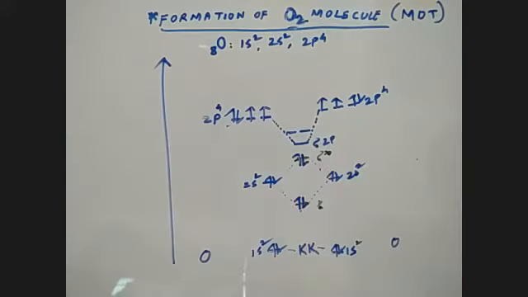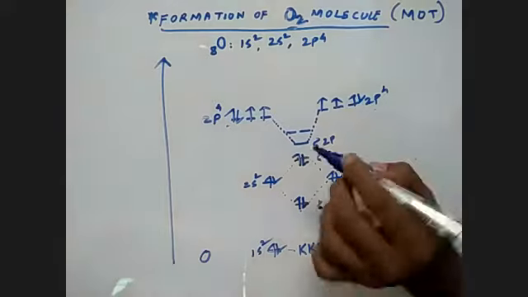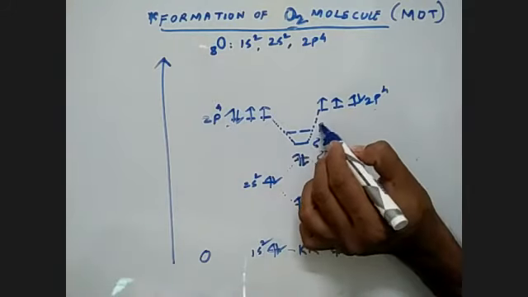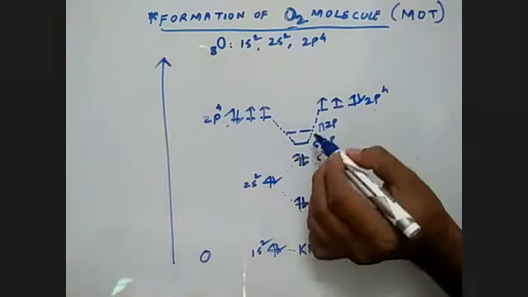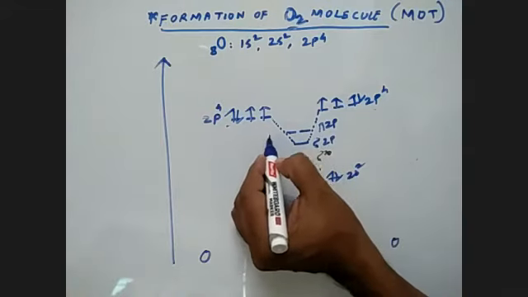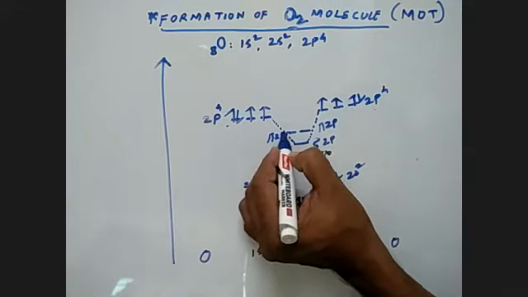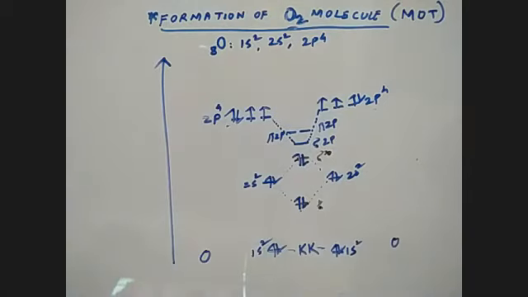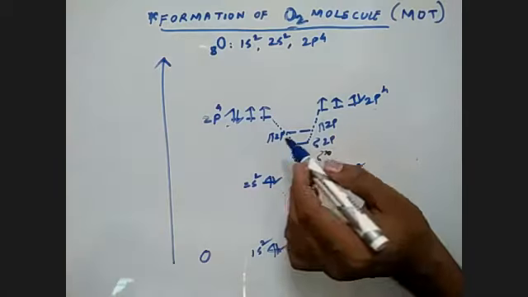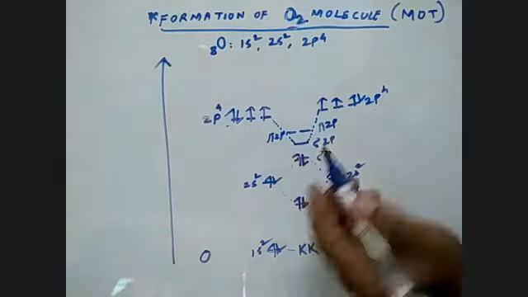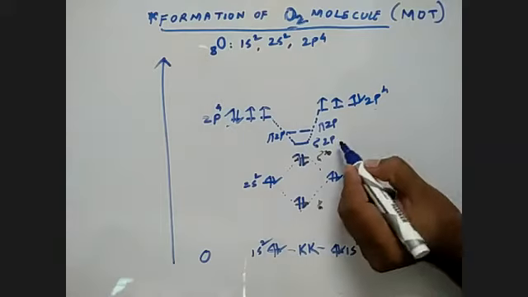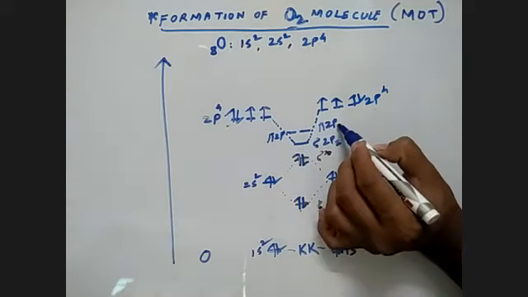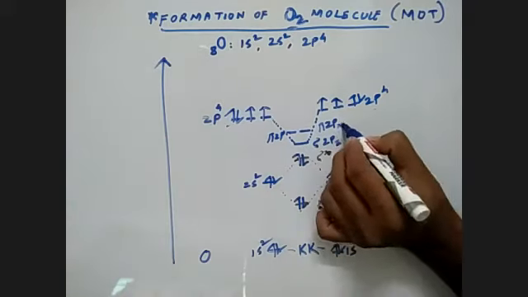Okay, it is sigma 2p. That's all. Sigma 2p is sufficient. This is pi 2p. There are two orbitals. We can call them pi. This is a pi 2p. This will also be pi 2p. See, giving the name is very important. So pi 2px or pi 2py, no problem. This we can call sigma 2pz. Okay, right. So let us give z also, so it will avoid your confusion. That's all. x and y.